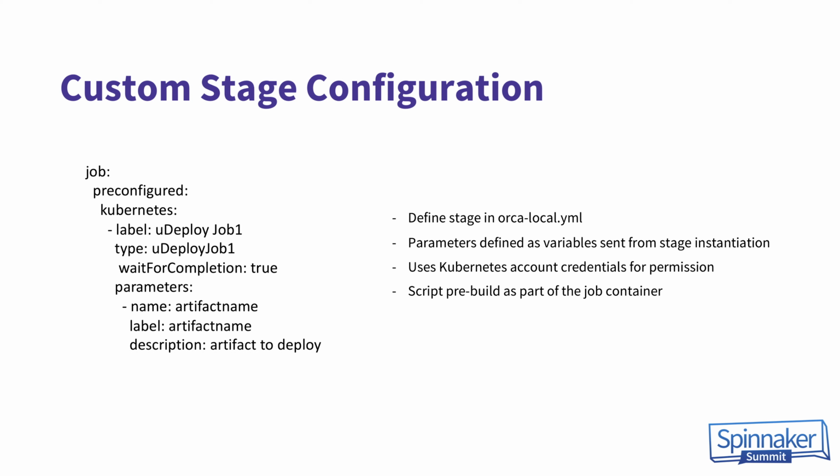Right? So how is this custom stage done in, say, Kubernetes? In Orchestrator, Orca, there is an ability you can specify in the configuration saying what is your job. That shows up as a custom stage. Here in this particular case, we are saying that this is a Kubernetes job. And then there is a name, and it uses these artifacts. So by specifying that, we are able to say the custom job, which is your deploy job 1, would run a specific set of scripts